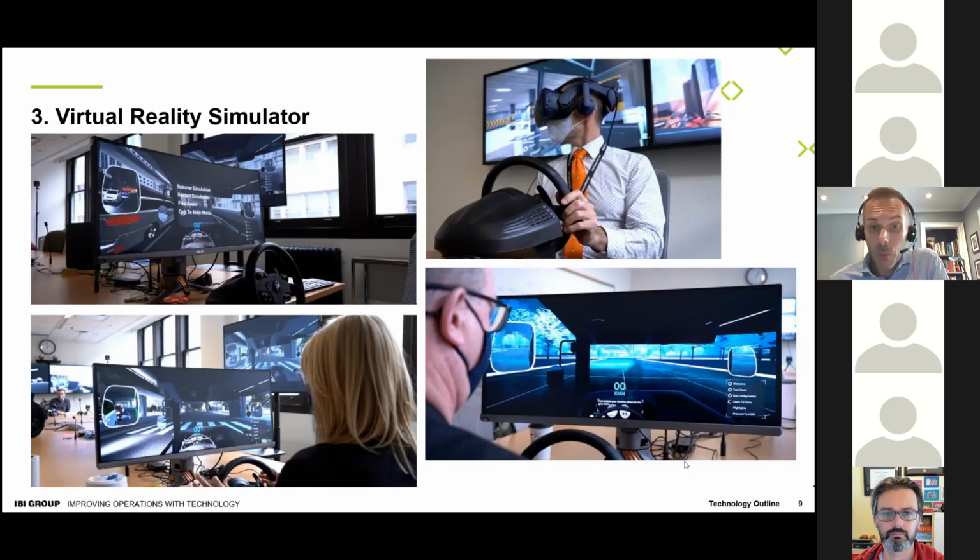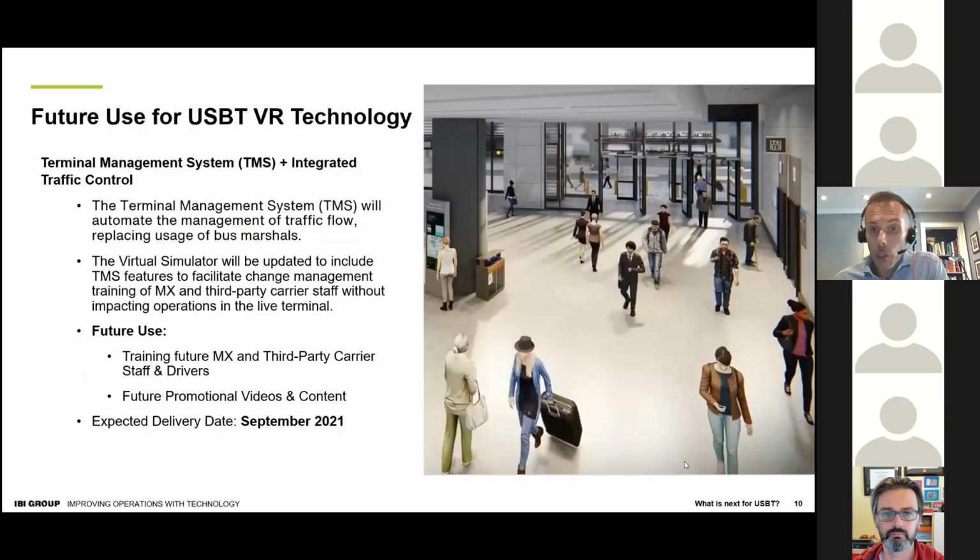Now, we are working to upgrade our virtual reality because it is going to be a legacy tool that we are keeping. And we're upgrading it right now with terminal management system technology, because we're going to bring in our staff once again, especially the drivers, and this is going to be an opportunity for them to train, understand how TMS is going to work, understand how the vehicle detection and traffic control is going to work, and they can see, look, feel, and touch how the USBT will work with TMS and vehicle detection, traffic control in